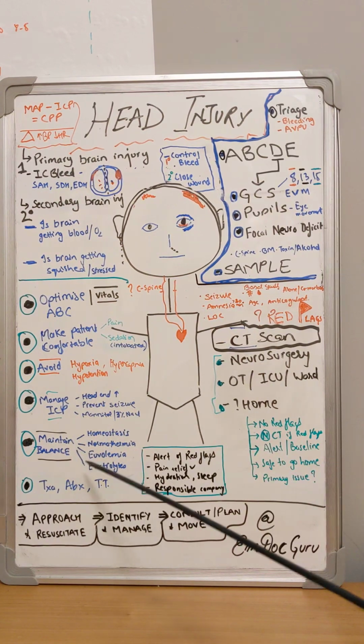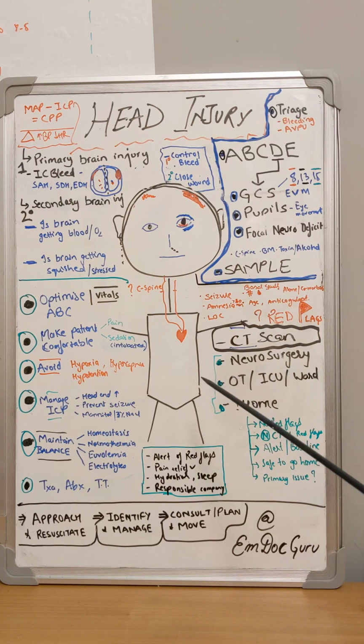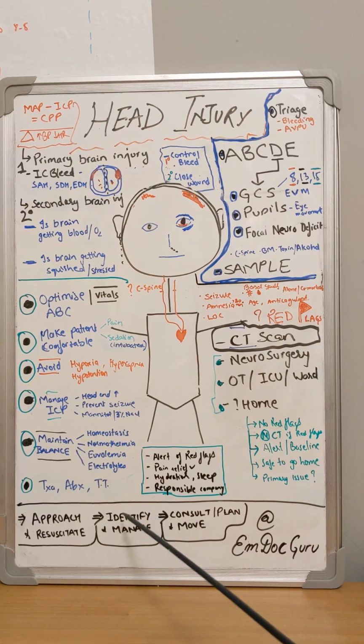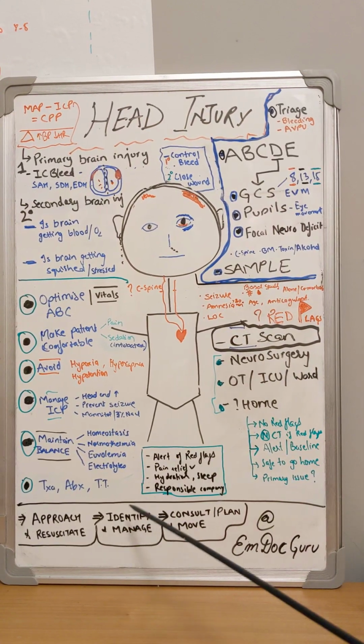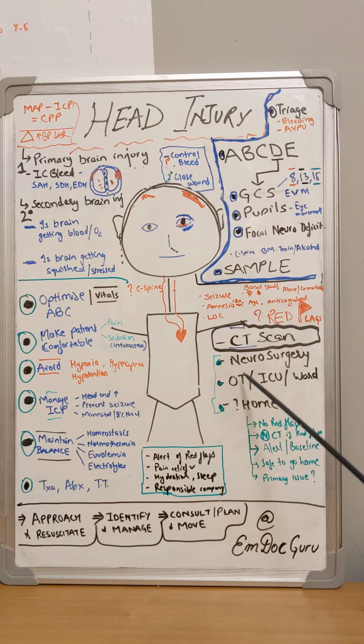You've done all these things in order to ensure that secondary brain injury doesn't happen, or that the injury doesn't get worsened. Of course, as soon as the CT scan is done, you don't need to do things serially. You do all of this. You can always get the neurosurgeons if there is any abnormality reported on the CT scan. Always consult neurosurgeons, and then, based on their input and your plan, as a combined team decision, you can decide